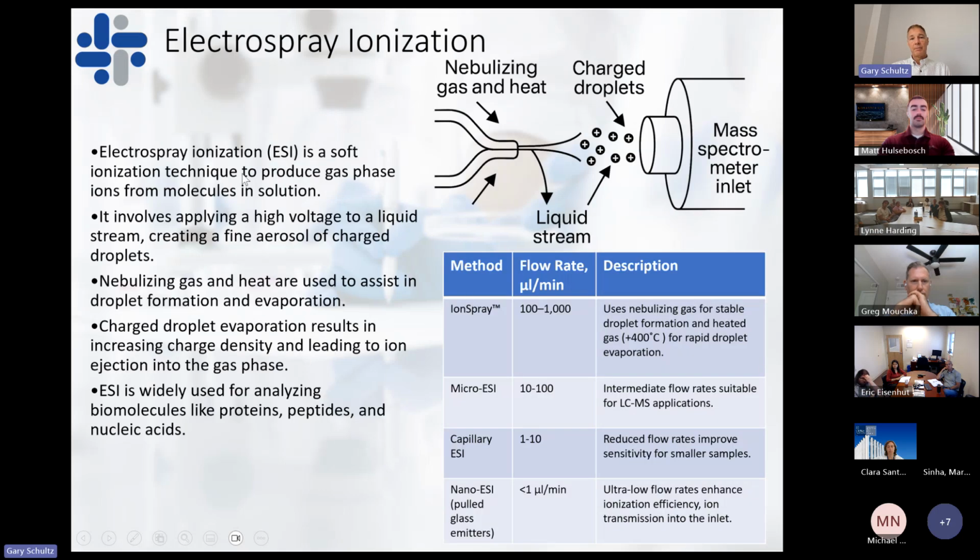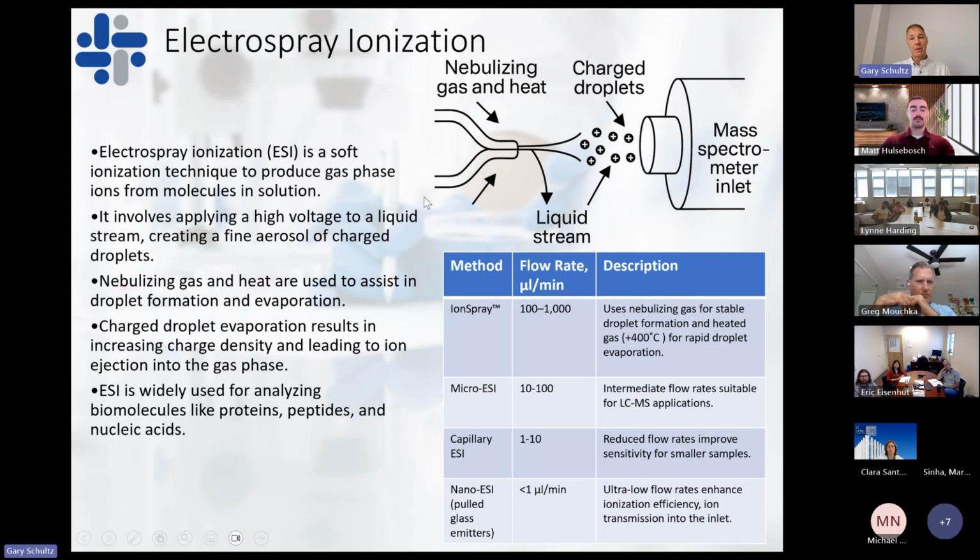So electrospray ionization itself is considered a soft ionization technique. In positive ion electrospray ionization, it typically will attach a proton to the molecule. And so, of course, mass spectrometers detect mass to charge species. By placing those protons onto these molecules, typically we'll measure the molecular ion. So it'd be the molecular weight plus one proton for a singly charged ion.